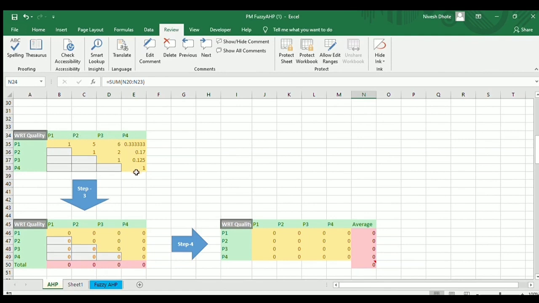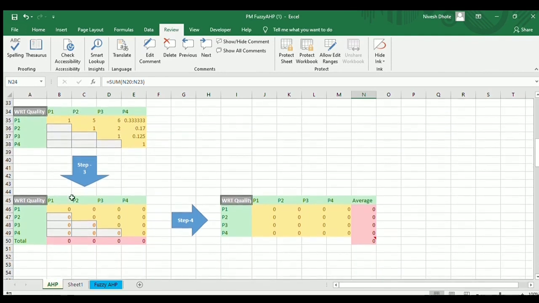Again, our next step is to fill the empty cells in the same way. P2 is 0.2 times as important as P1, or we can say it is 1/5 times as important as P1. Similarly, P3 is 1/6 as important as P1, and P4 is 3 times as important as P1. Why? Because P1 is only 0.3 times as important as P4. So here the values can be fractions and simple integers also.